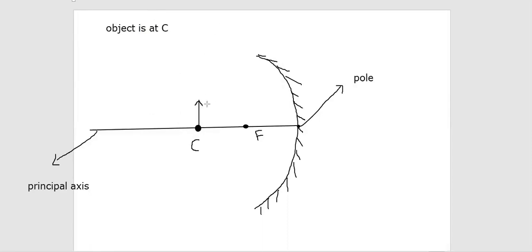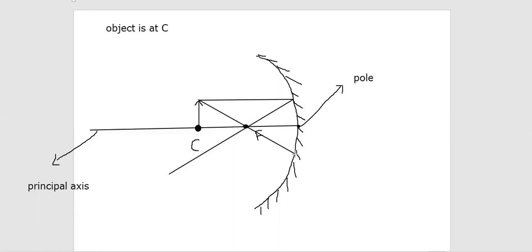you can see a ray of light will be coming, right, which is parallel to the principal axis. A ray of light is coming like this, right? After reflection, it will pass through the focus compulsory. First rule we have learned, it will pass through the focus. Done. And another ray of light is there, passing through the focus,